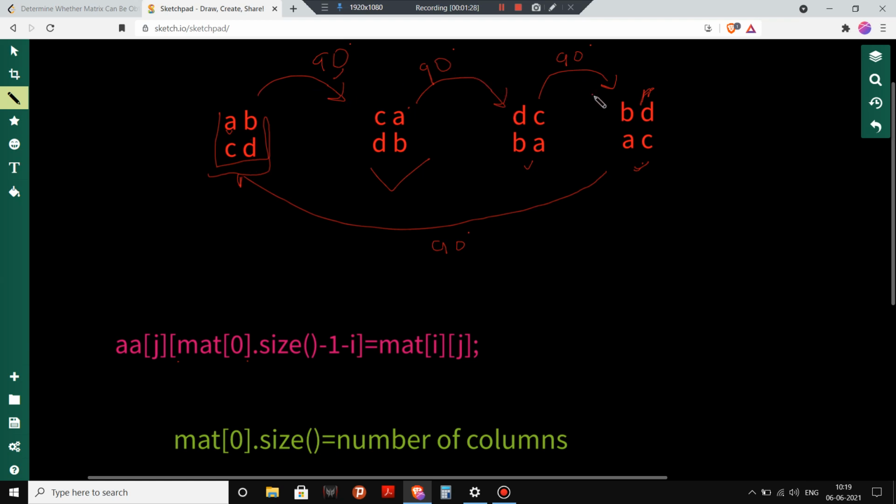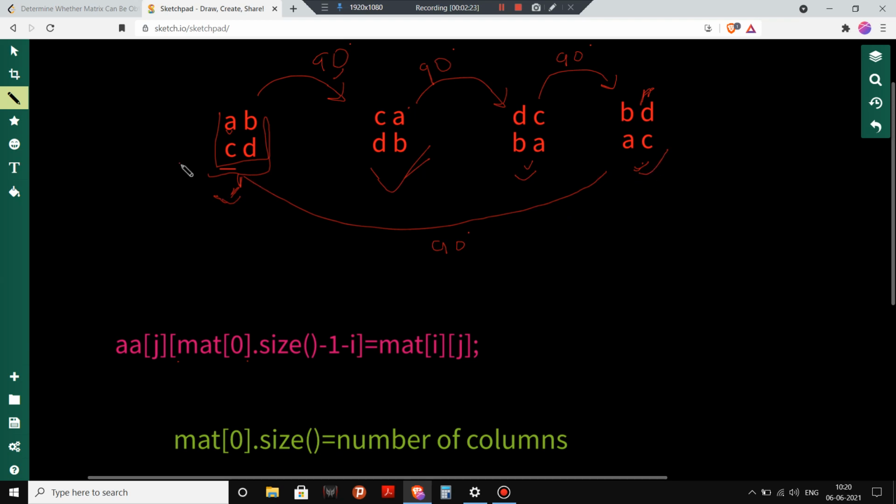So what about anti-clockwise? If I rotate this matrix in the anti-clockwise direction, I will end up getting this matrix only. And if I rotate this matrix anti-clockwise again, I will end up getting this matrix only. So you can go either clockwise or anti-clockwise to get all the matrices that are possible. And what is the number of matrices that we can get from one initial matrix? We can get three different matrices, first, second, and third, because after that the matrices are going to repeat only.